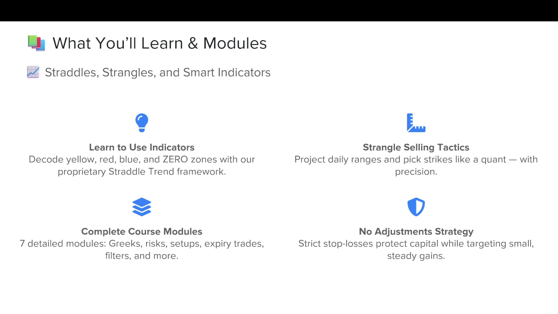And most importantly, the whole course is based on a no adjustment approach. That is, if your strategy is going wrong, there will be a specific data-driven stop loss, you will cut your trades. Because in my experience, option sellers have lost more money in adjustments than on the naked trade itself. The school of thought which I follow is, if you are doing an adjustment to a selling trade, you are actually doing a new trade, whatever you do. So you better square off your original trade, take a 10-minute break, cool down,